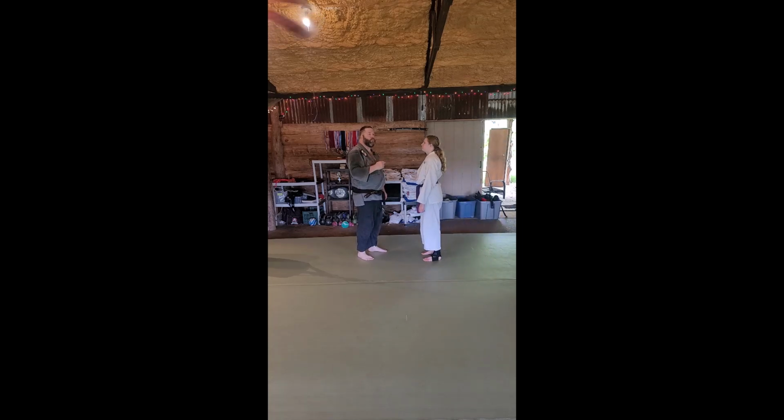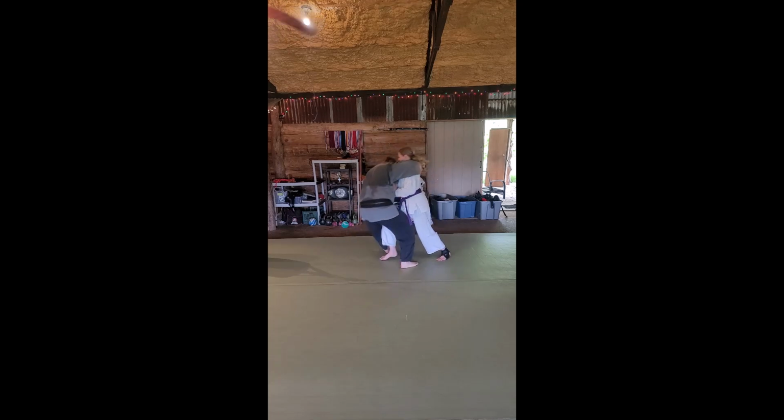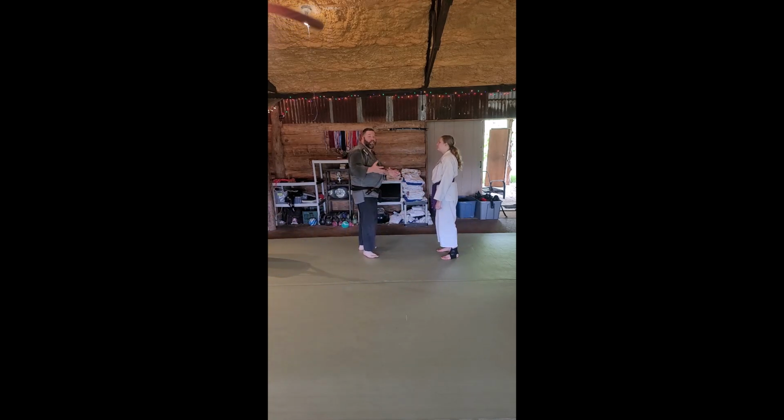I want to show how even a small person can stop a big person with that rib strike. Surprisingly effective. Give me a thumb. Okay. Oh, God. Yeah. No. I have to put everything into that kiai because it really does hurt. And then she's going to throw me. You ready? Good. No hug for you. No hug for me. And that, honestly, for an unwanted hugger, that little pop right there is enough to make